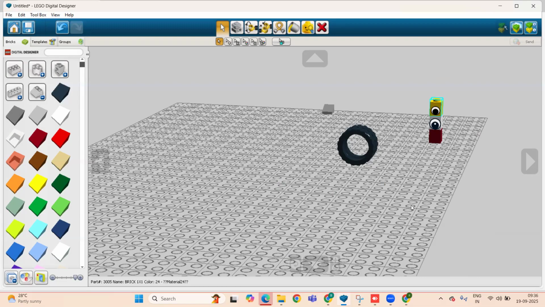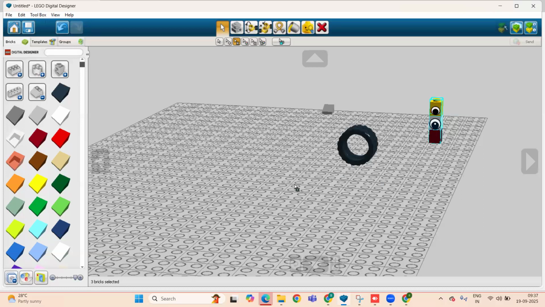But if I want to do my task in much less time, what is the way? Go to the connected selection tool, and then what do we need to do? I need to click on any one part. Okay, like I'm clicking in the center. So all the connected parts of that centered brick are selected at that time. Like this, you can see all three are highlighted.